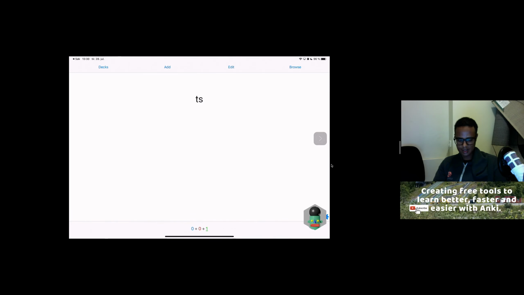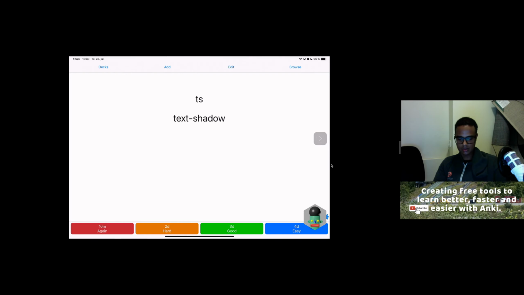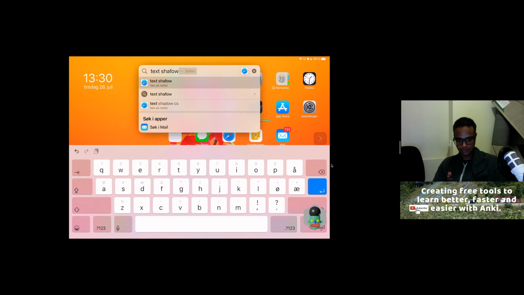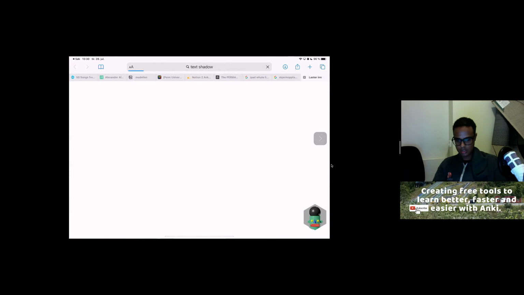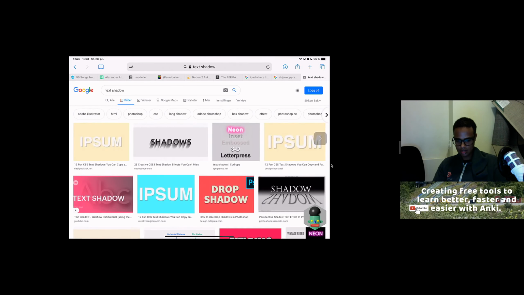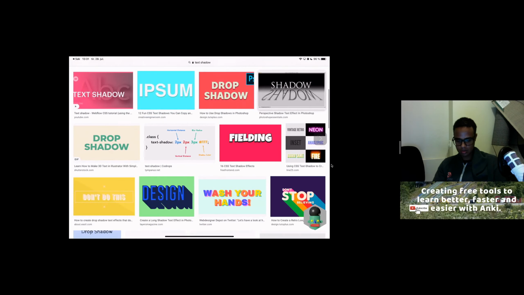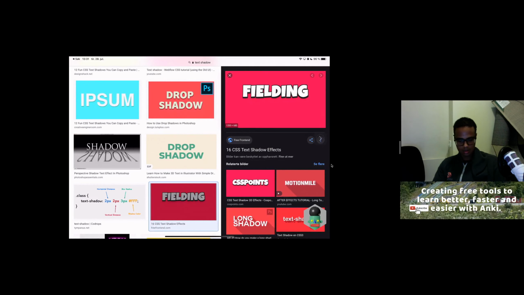And then we have text. I think text size, but it's probably text style. No, we have to, yeah, we need a mnemonic for that one. So I'm just gonna go find the image and say text shadow. So let's pick a text shadow here on image on Google, and then we're gonna go and let's see. We can't use the shadows, it's too obvious, but we can use this one. Let's copy that image